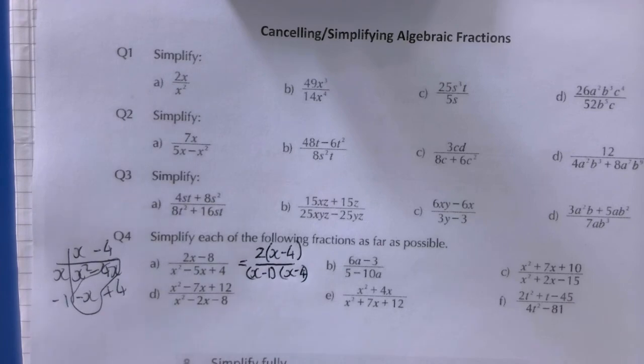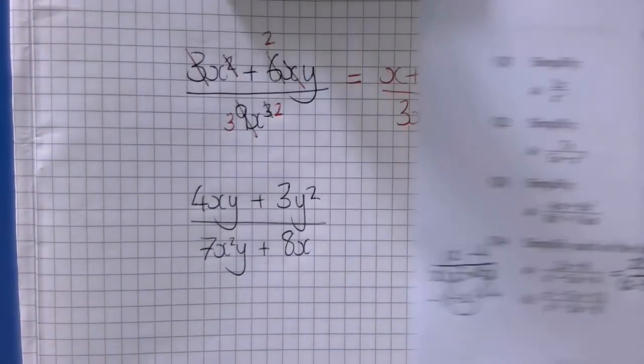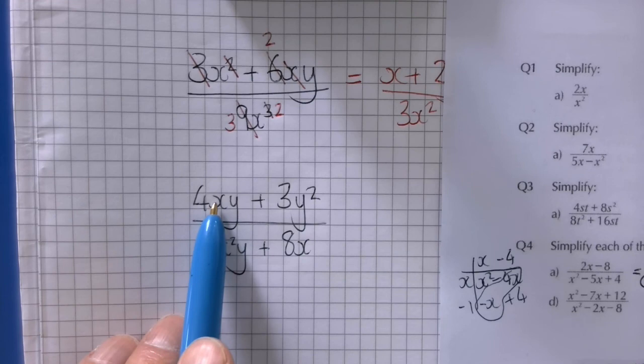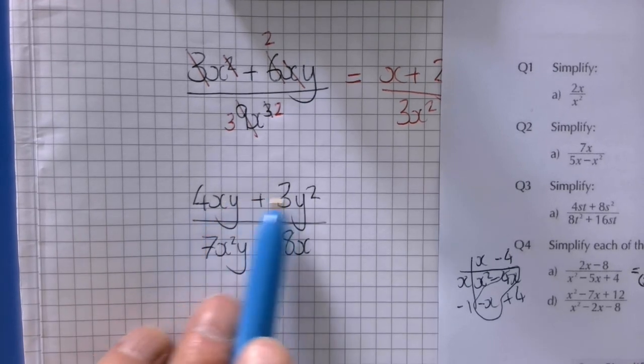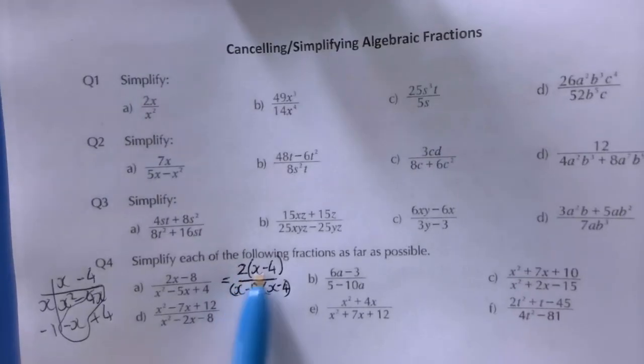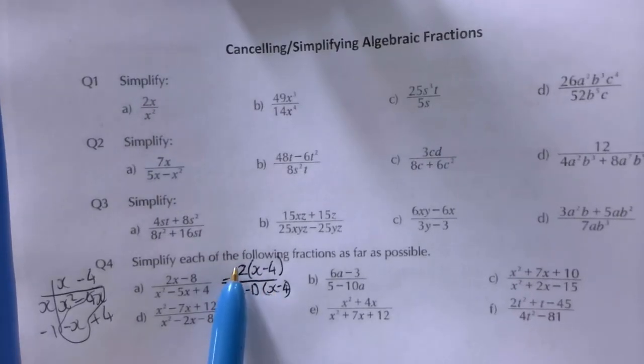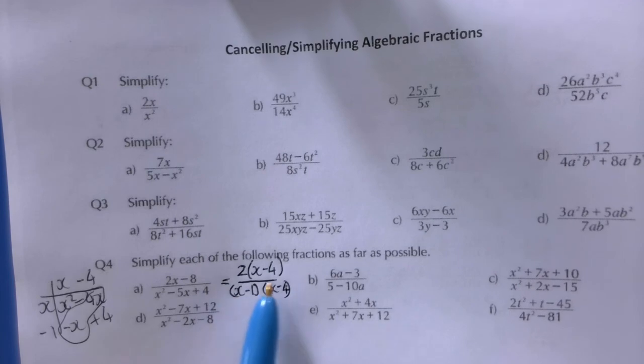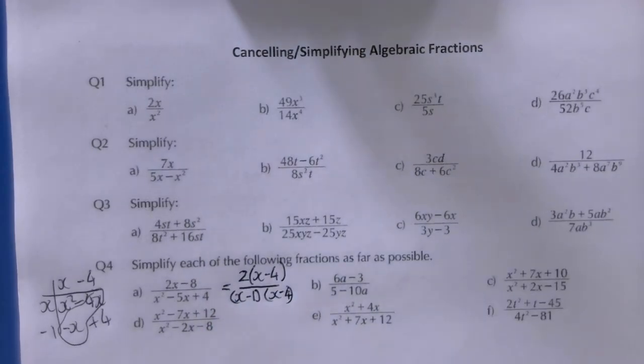Now you might be saying, well, hang on a minute. A minute ago you were saying that you can only cancel if you can divide everything. But look, here we had 4 things, 2 in the numerator being added, 2 in the denominator being added. It's different when they are being multiplied. When they're being multiplied, it's one term and one term. So I can just say, okay,